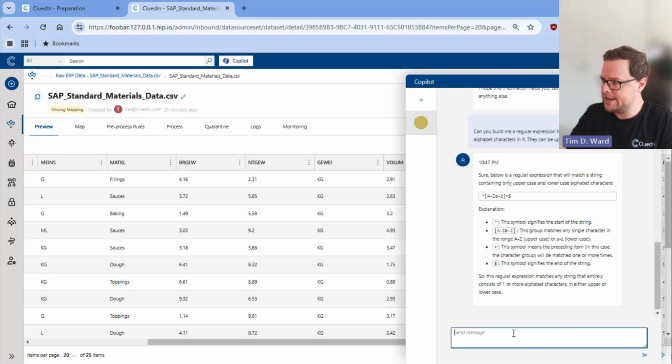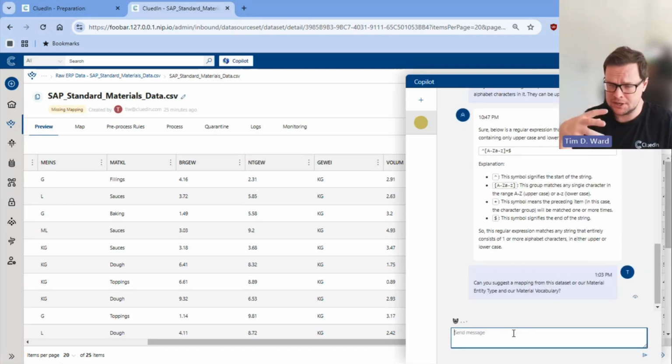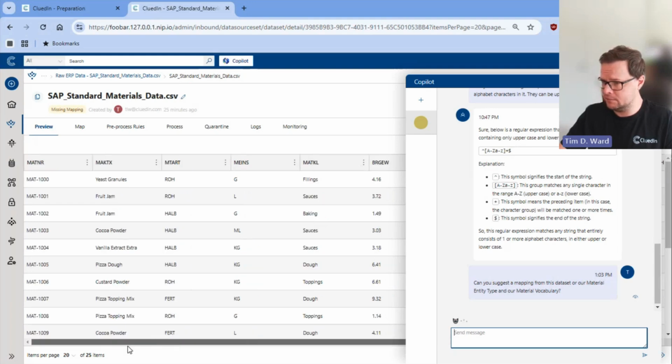So here we are going to ask it something. We're going to ask it, can you suggest a mapping from this data set to our material entity type we just created and our material vocabulary that we just created before? And obviously what I'm wanting it to do is do that mapping for me: MAKTX, that should be material name, and things like MATKL, that's category or whatever it was in the previous file